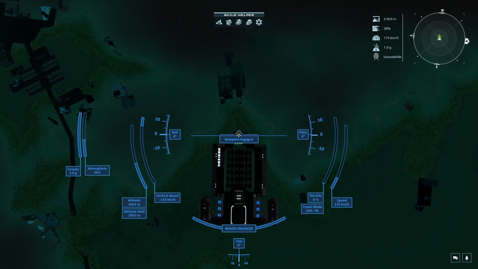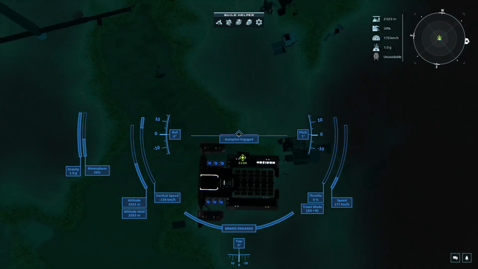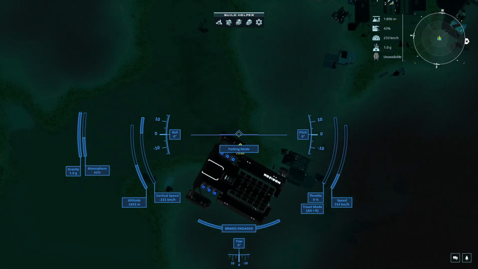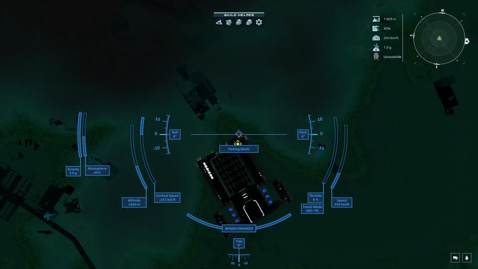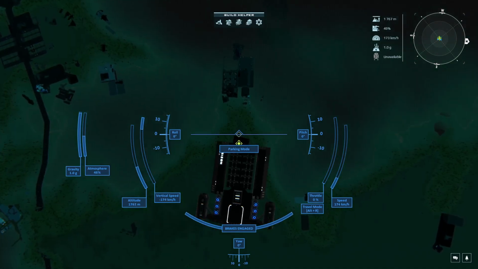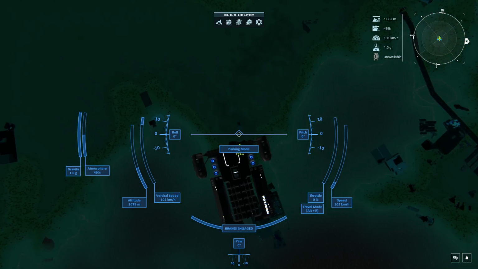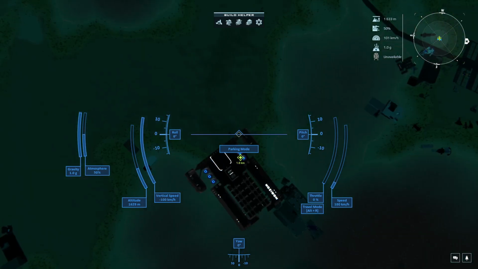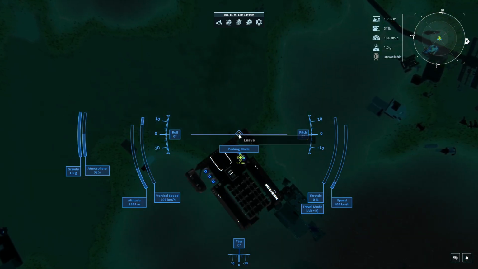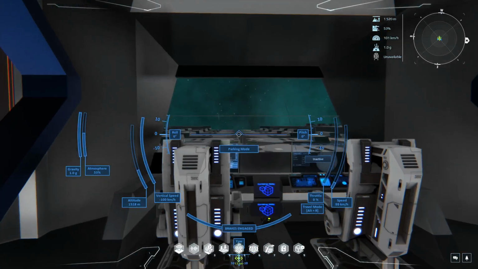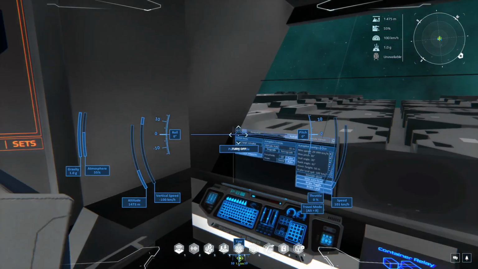So the question is, how much do I trust this? Because it's in parking mode now. It just went into parking mode on its own, and it's coming down at a slow enough speed that I don't think it could do much damage. You know what, Cosmic? I trust it. I trust it so much. I'm going to turn off